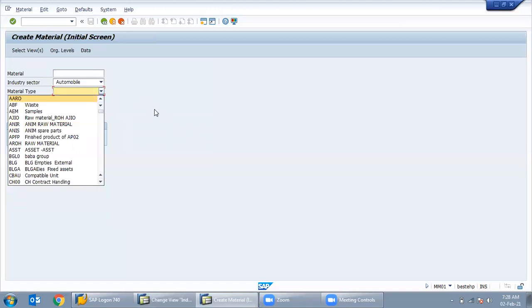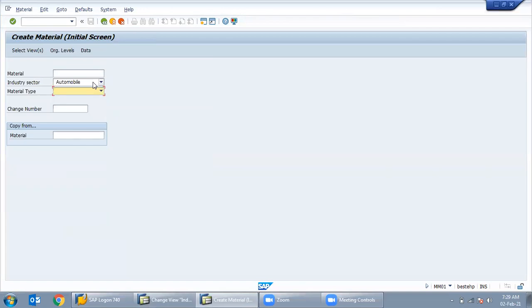You are not going to create a material code in the company after becoming a consultant. That is the end user job. Configuring material type, industry type and material group are the job of a consultant. That I am going to show you.